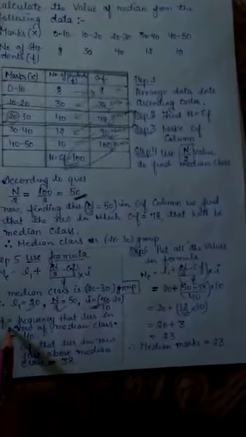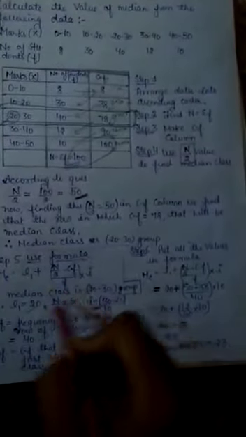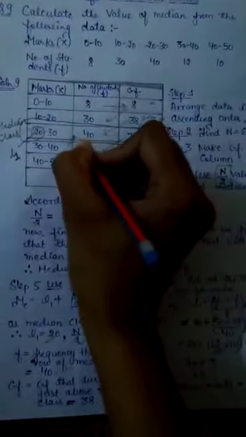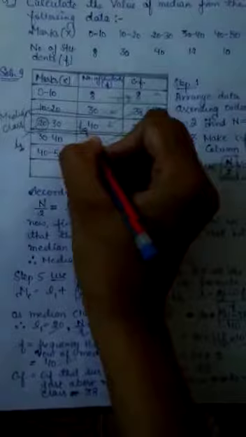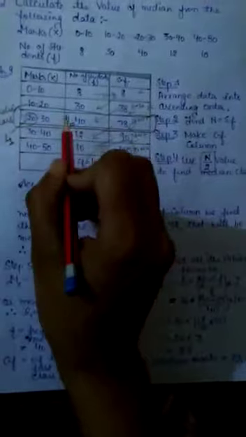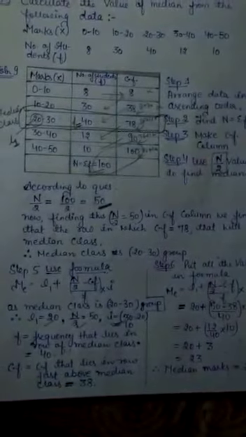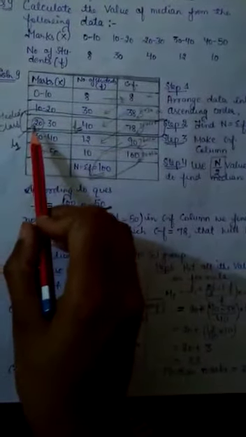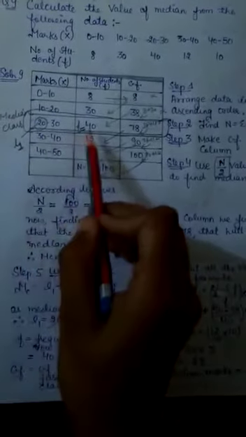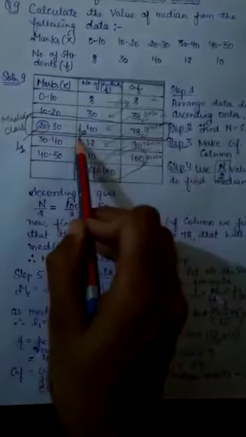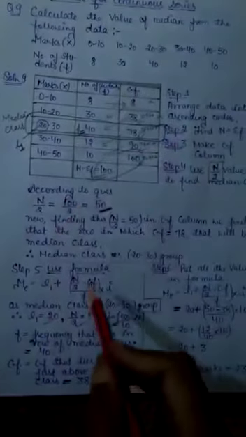Then frequency. Which frequency will you take? In this formula you have f and CF, but which f? There are so many f. So f you will take which is given in this column only. F you will use which is given in this selected box. Got it? This will be your f. Always check that whenever you have selected the median class accurately, in that median class you will have a class interval. The lower limit of that will be treated as L1 and the frequency in that column only will be treated as your f. Now what about this CF?